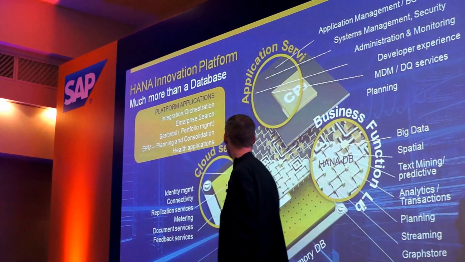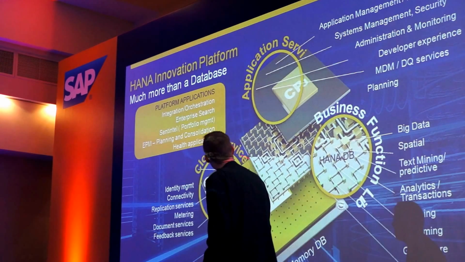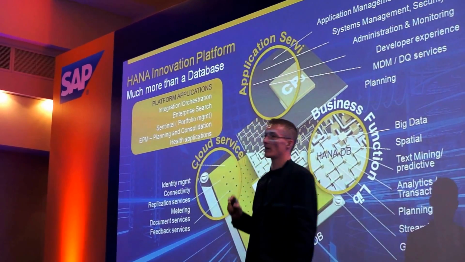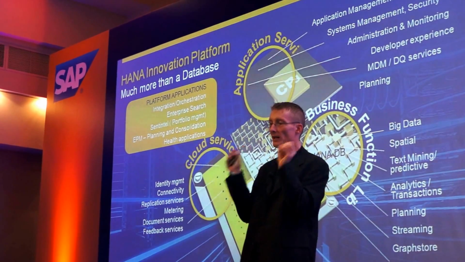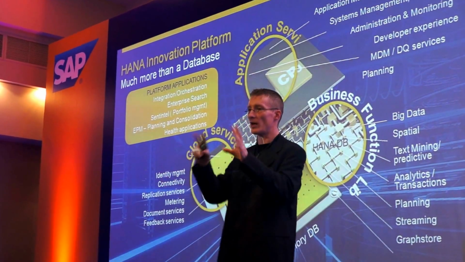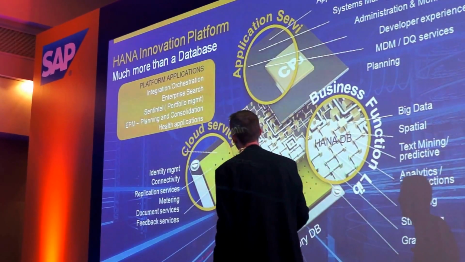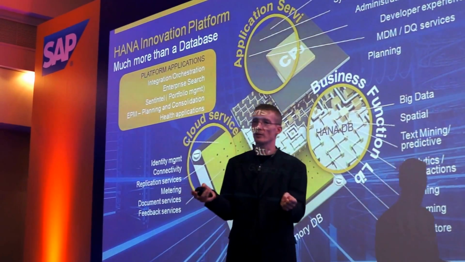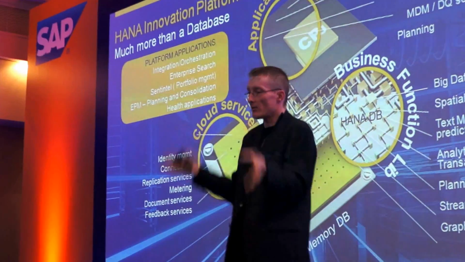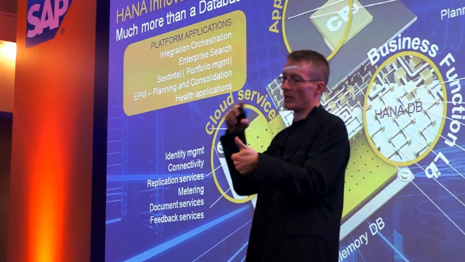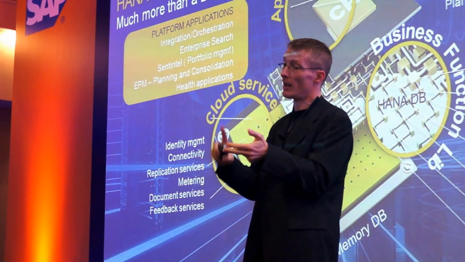And last but not least, and that was mainly discussions we had here in Bulgaria, we now integrate that deeply with our cloud services. So the cloud services will be integrated part of our platform offering and will be part of our HANA story. This means the services which we have here, identity management, connectivity, replication, metering, document services, this will be part of what we are doing as our big HANA story. So you have an integrated system where you can run on-premise, on demand, where you have the services which you need for business applications and which you can develop.